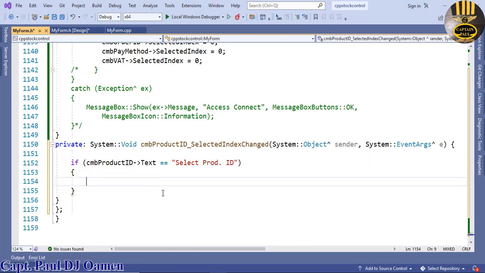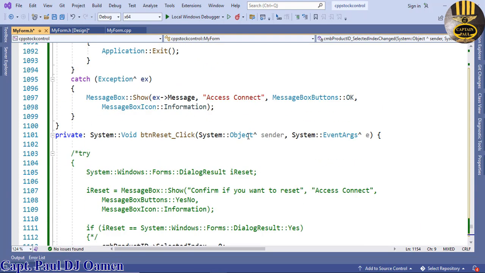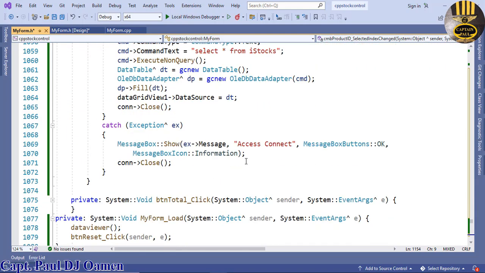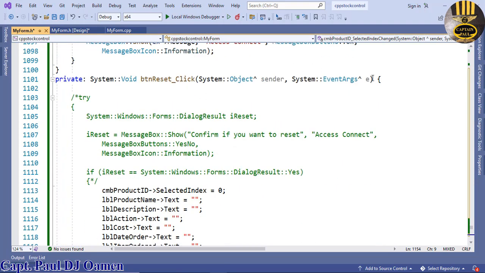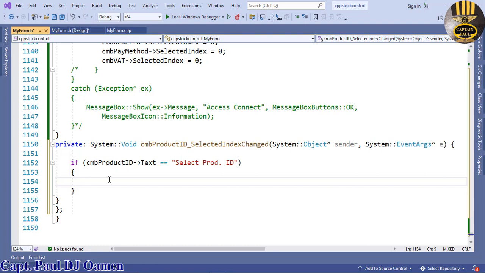I want the following to happen. So I'm going to grab hold of the content of the reset button. Yeah, here, right here. Let's get hold of the name of the reset button, just this one. Copy that and paste that right in here. And I'm going to delete all of this. Delete this. So what's happening is I'm just calling the reset. I just called the reset button itself. Else,